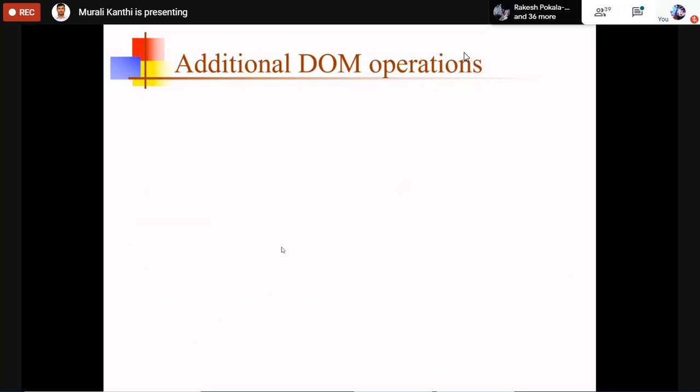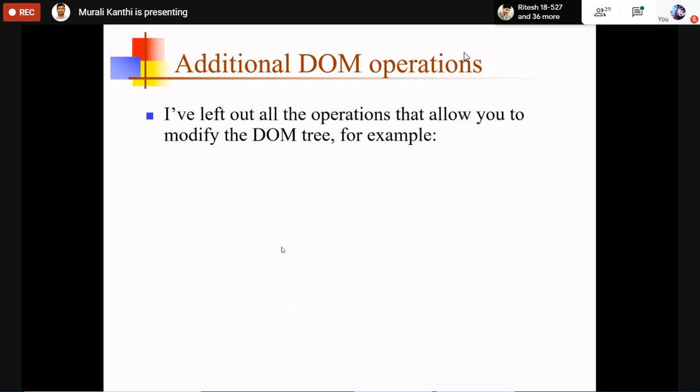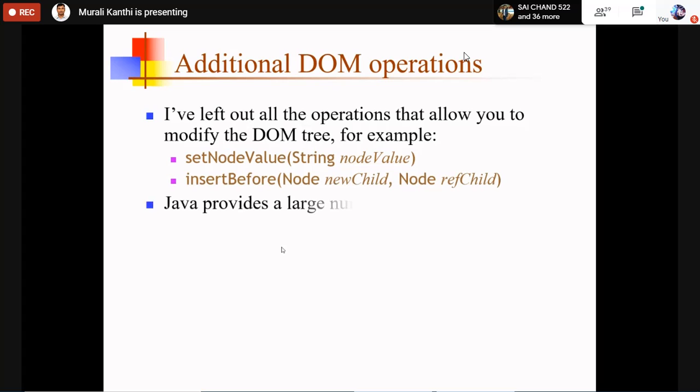Next, additional DOM operations. Set node value: this is for setting, for manipulation. So far what we have seen were for accessing. Then insert before, inserting before a node.